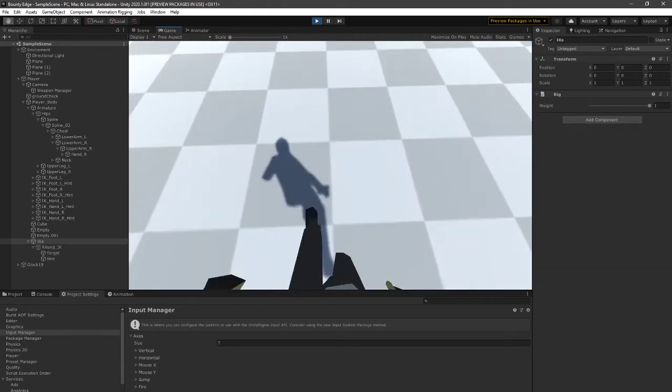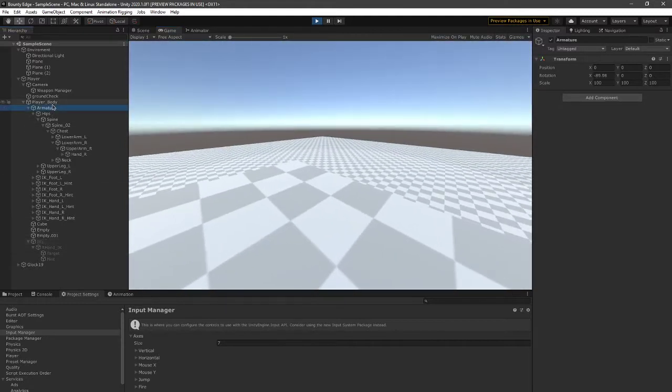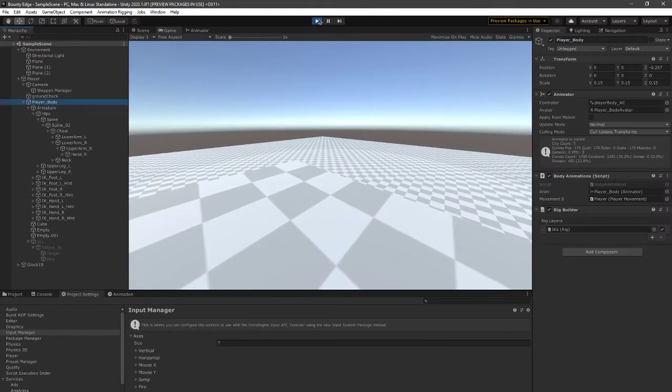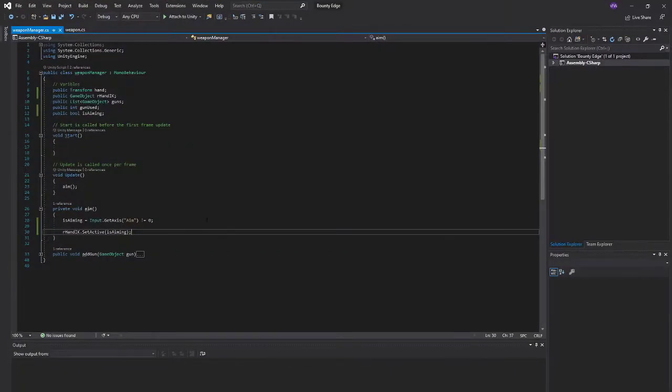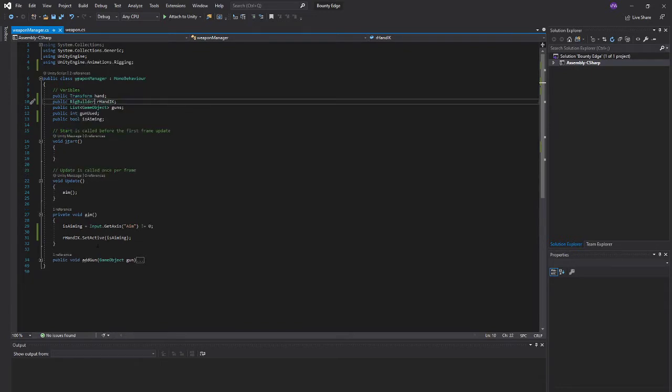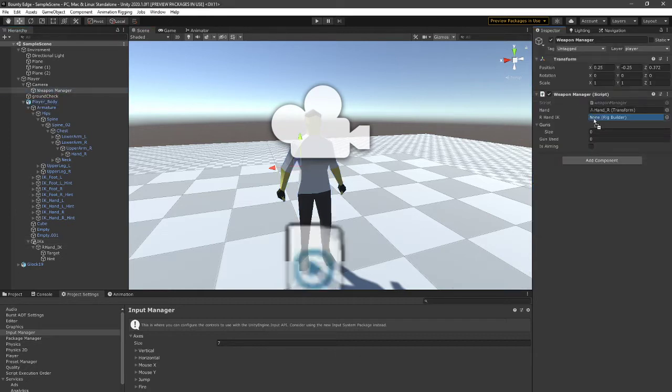We got that. What if we do this? Alright, so we do have a rig builder. So what if we do this? Rig builder equals is aiming. Alright, let's try that out. But of course it's going to delete itself because it's a type mismatch. So now